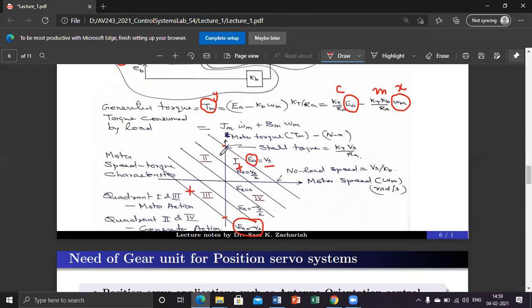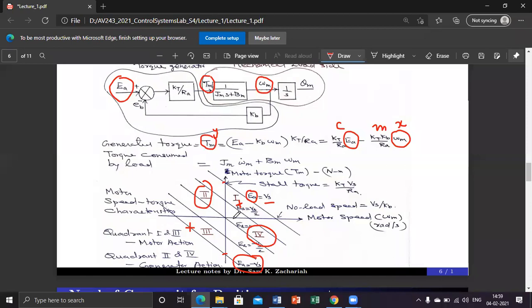That's the meaning. But when you come to this second and fourth quadrant, you will see that the product of speed and torque is negative here. Here also the product of speed and torque is negative. That means we are giving mechanical power into that particular device. What does it mean? The motor is acting like a generator. It works as a generator. It absorbs mechanical power, then definitely it produces electrical power. That's the meaning of that.